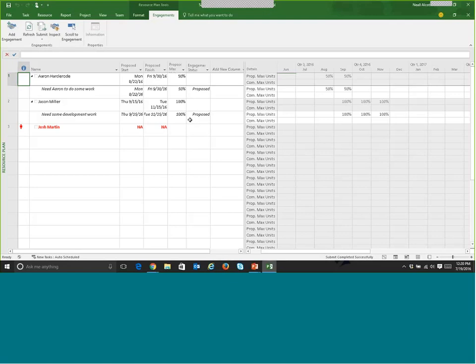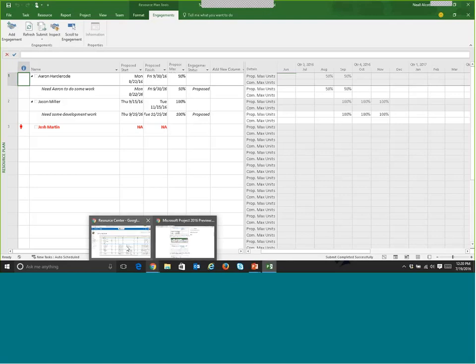So from the PM's perspective, I know who I want to work on my project. I put in a request for the time frame that I need them and how much time I need of them. At this point, it goes back to the resource manager to analyze that request and then either approve or reject it. So if I go back to PWA,